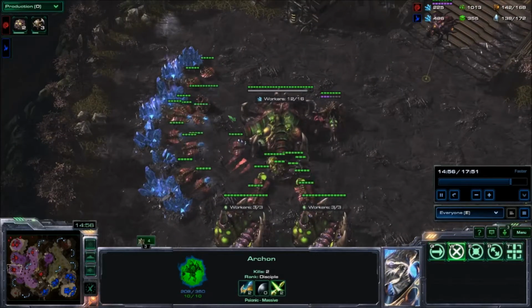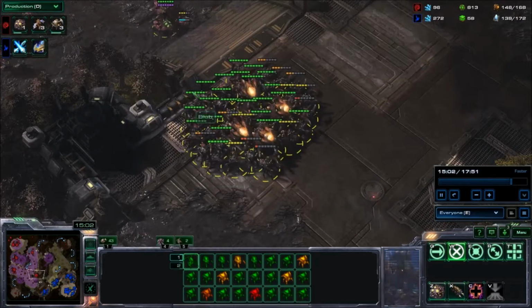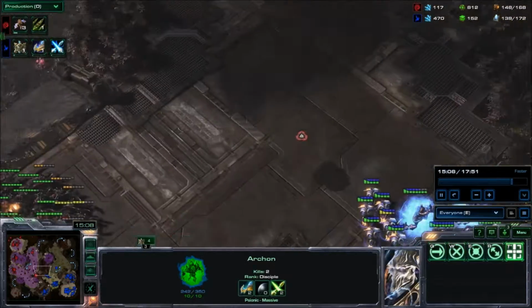Or you get a Hydra Den with some Hydralisks with the roaches. That's what it's called, Roach Hydra. Roach Ravager isn't really that good at this point in the game. The Vipers aren't doing much. Archons are big and easy to hit with them, I guess, but...